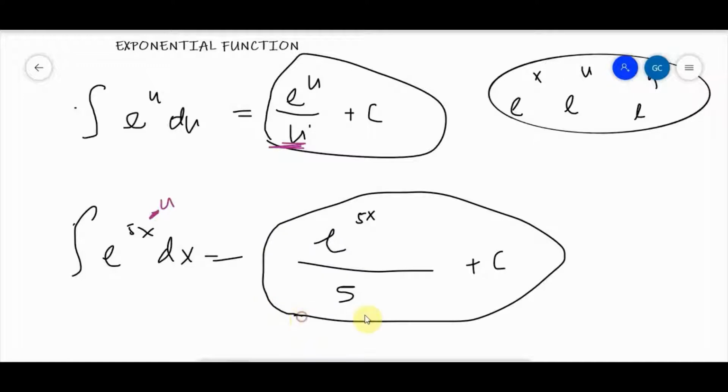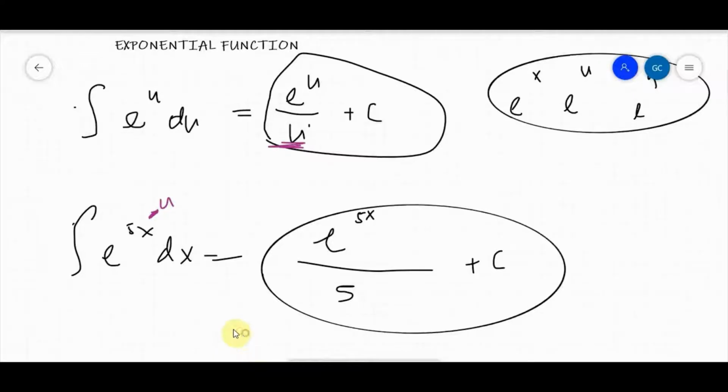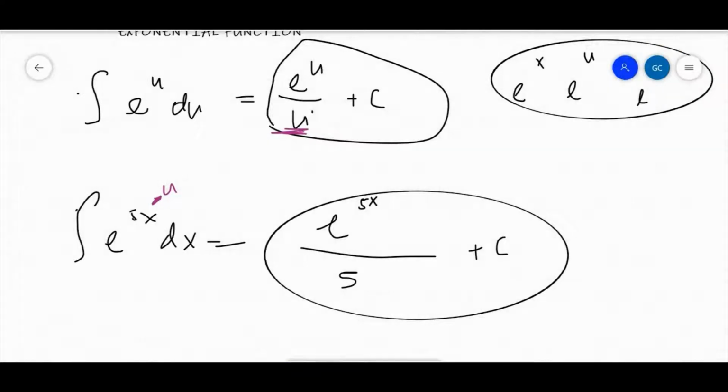Is this clear enough to you? Because if it's not, you need to go back to your differential calculus and recall some techniques in solving derivatives. Okay,